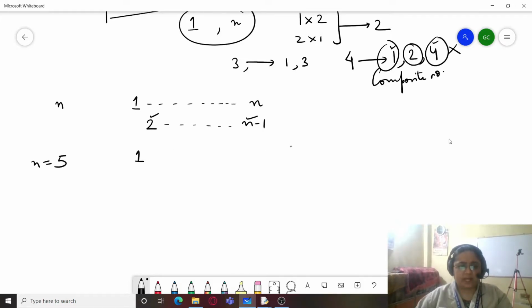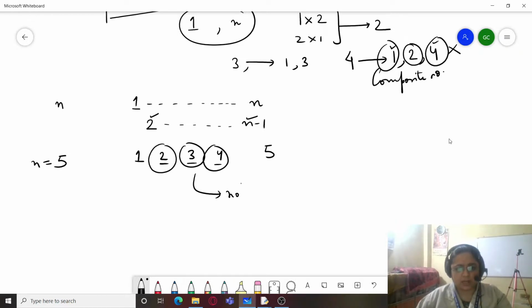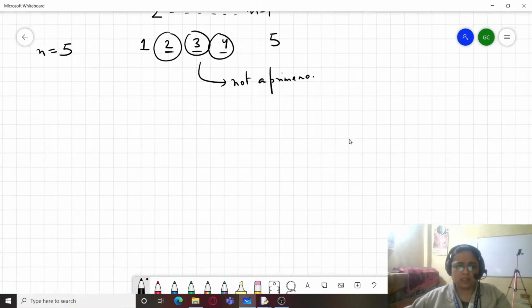So between 1 and 5 we have the numbers 2, 3 and 4. We will just check whether 5 is divisible by any of these three. If it is divisible by any of these three numbers, it means it is not a prime number. Understood? So we will be using exactly this logic to determine whether a number is a prime number or not.